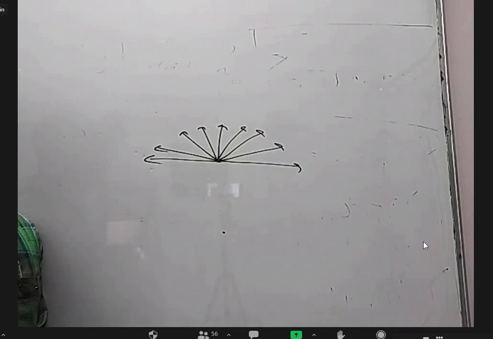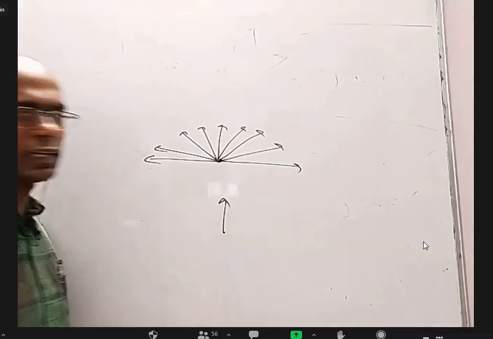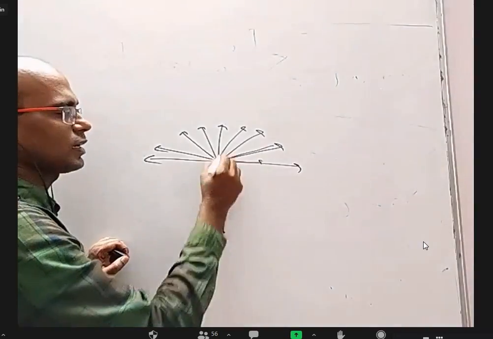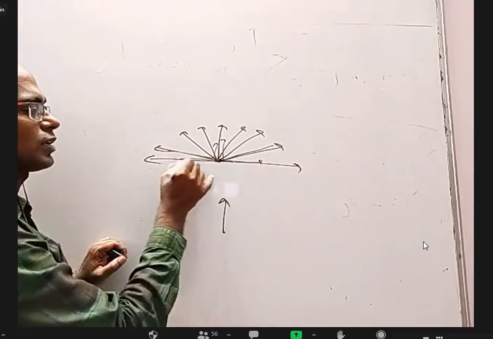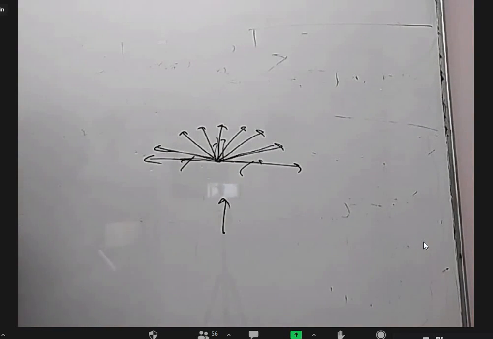So the angle between them. The vertical one. It has to be vertically upward. Yes. Why? Because if you split each force into horizontal and vertical components, the horizontals cancel, but all the verticals will add up, right? Yes, sir.